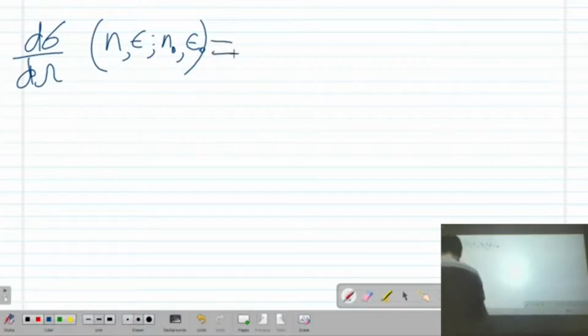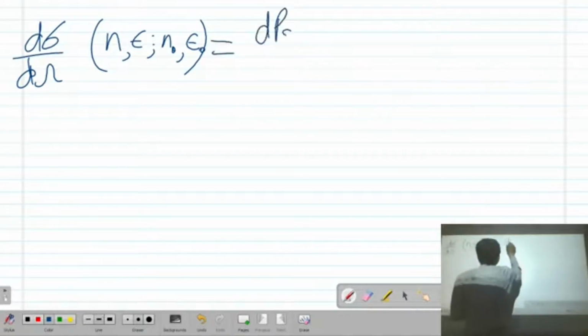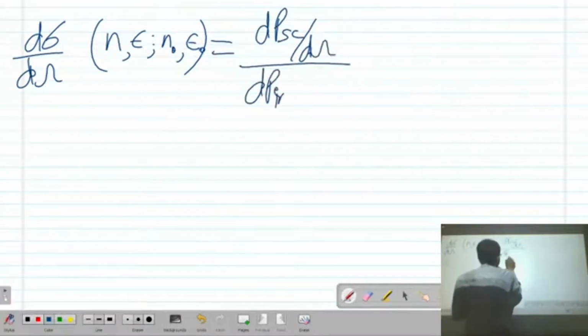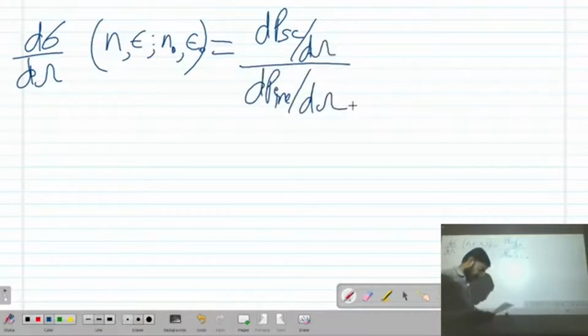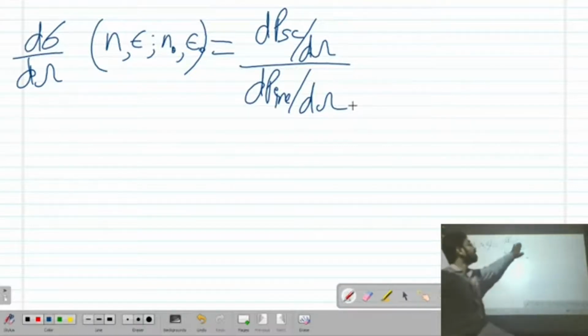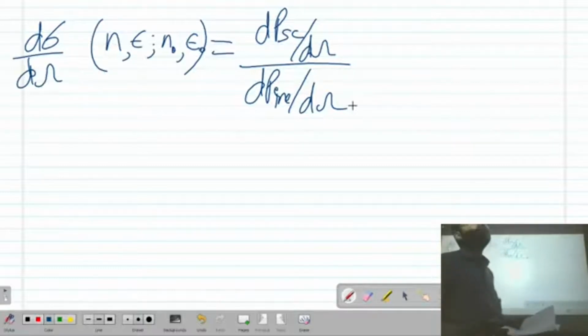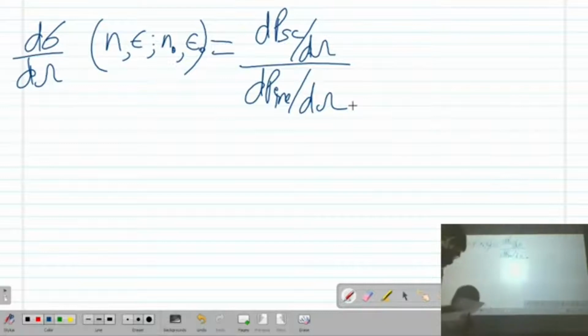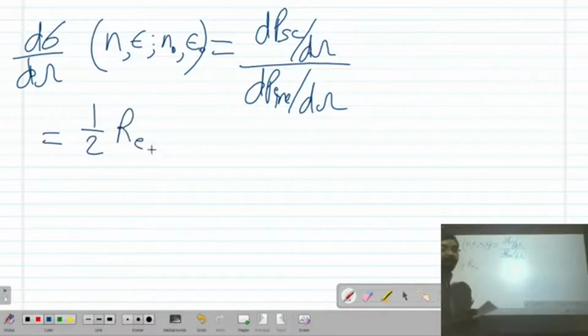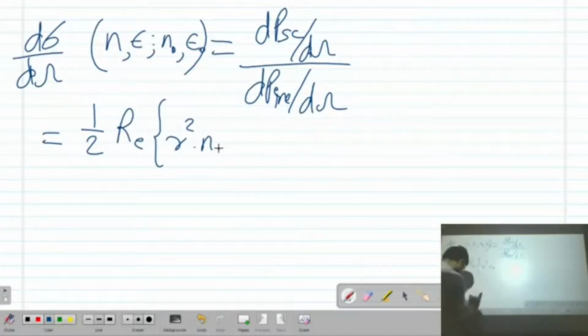is equals to, okay, dP of scattered divided by solid angle, by dP of incident divided by solid angle. Okay, power with respect to solid angle and incident, that is scattered power per solid angle, and incident power per solid angle. Okay, now power is nothing but the multiplication of E and H field, which is given by 1 by 2 of the real term and the imaginary term, that is r square, that is nothing but the distance of the observation